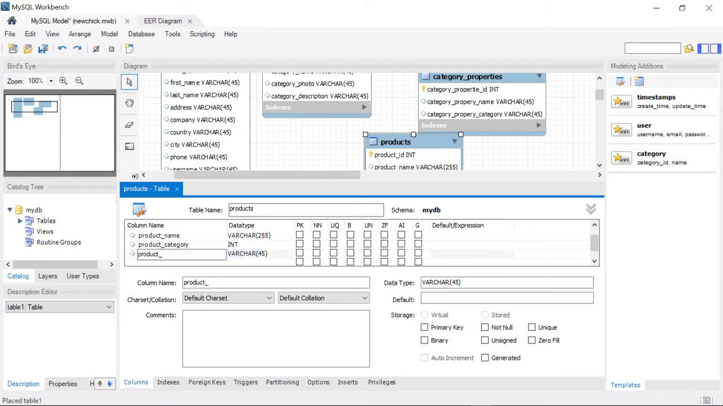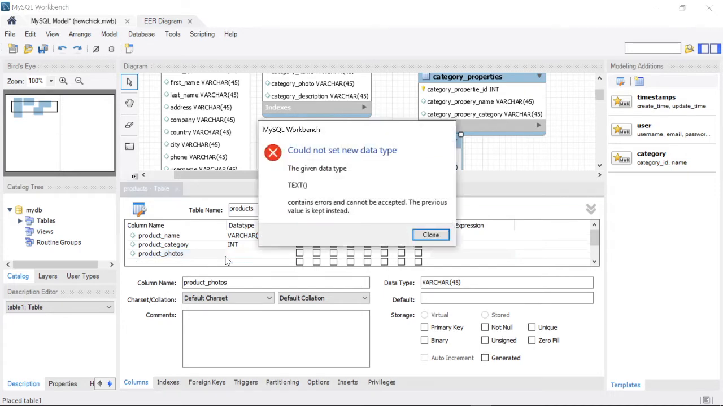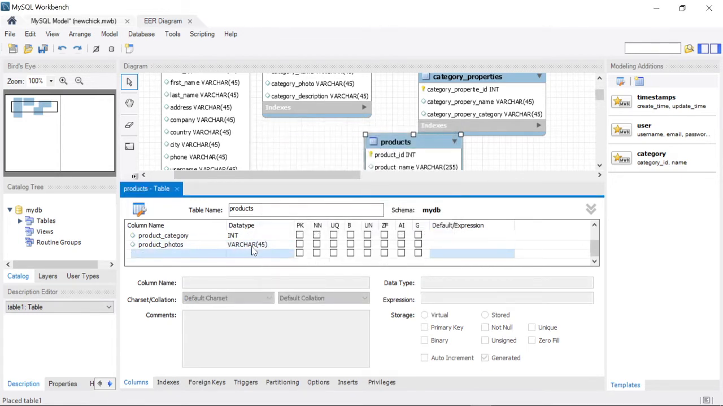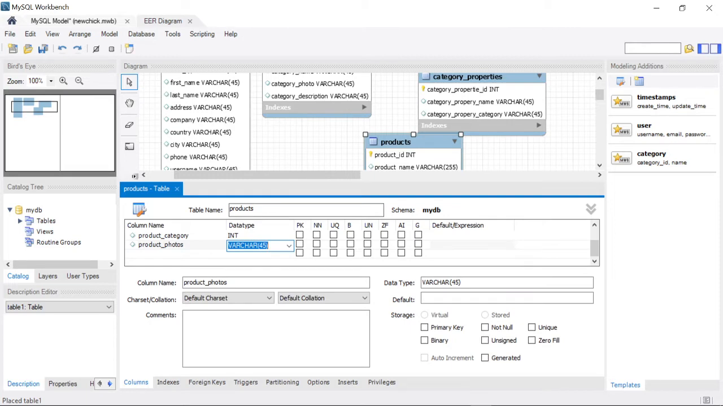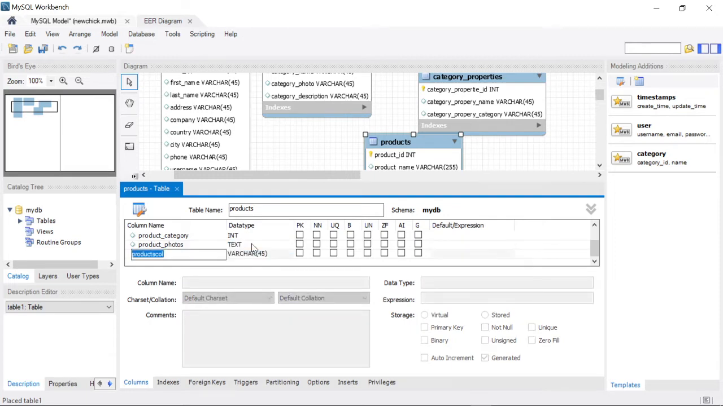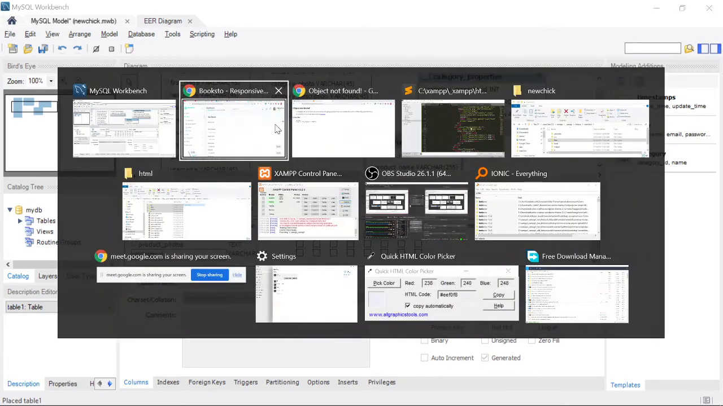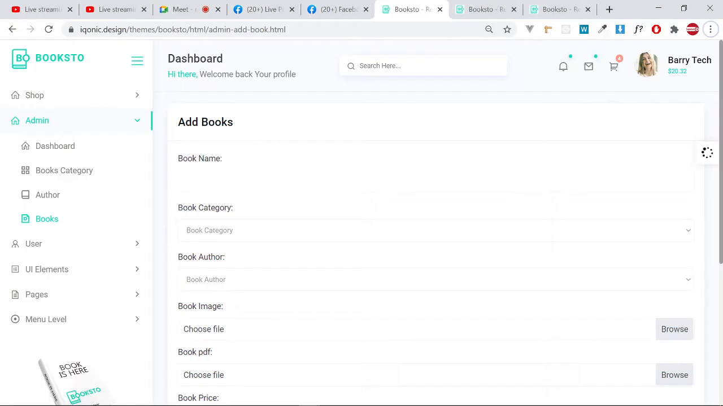Okay, I'll be keeping a list of photos. So let me just put the photos. I'll be keeping a JSON of photos. So it will need to be what? It will need to be text because we don't know its size. They can be as many as possible. So I'll go ahead and put here a data type of text. Okay, so after putting photos, let's see what else we need, because I'll need to have one and another